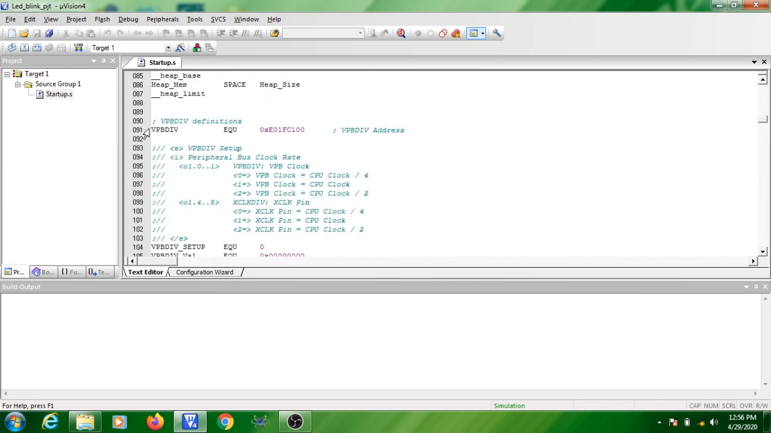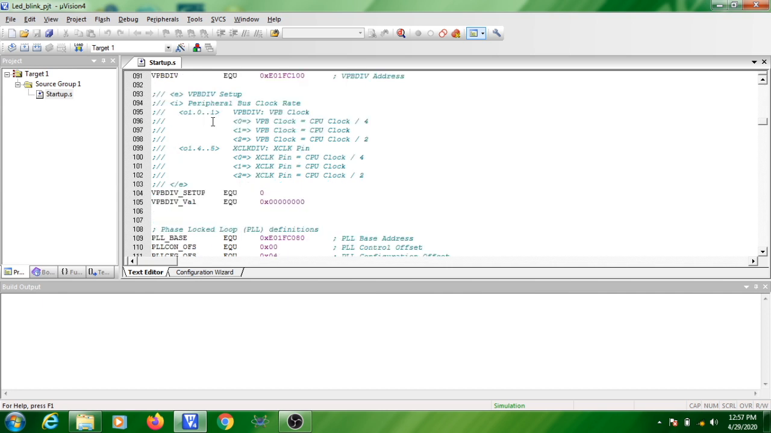Then you can see the VPB divider. I have told you the VPB divider is used for configuring the PCLK. Here the VPB divider value is given as 0 0. The last two bits, the 0th bit and first bit of the VPB divider, are used for configuring the PCLK. So if you are configuring the 0th bit and first bit of the VPB divider as 0 0, what does it mean? You are configuring PCLK, that is peripheral clock, as